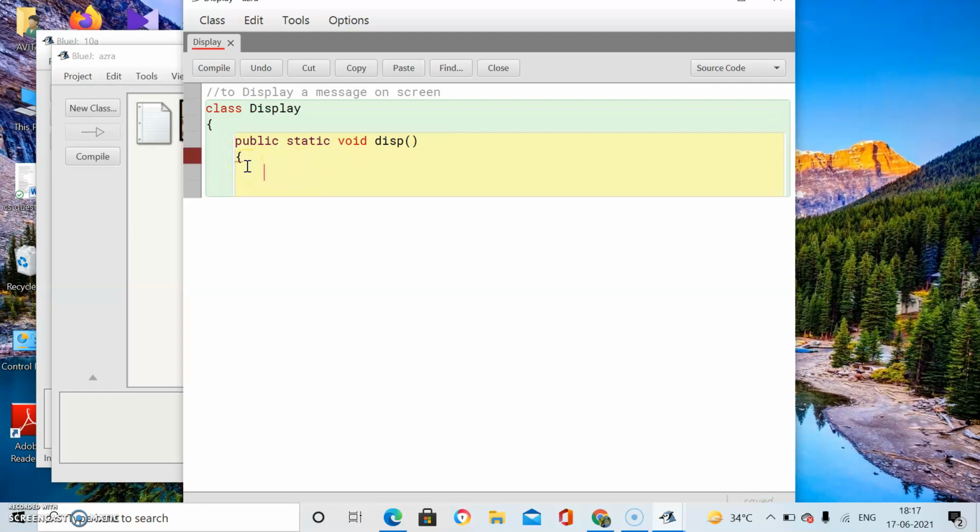Now write down whatever you have to do within this function. What you have to do? You have to print a simple message on the screen, and the message is this is my first Java program. And anything you have to print on the screen, you will write that message within the SOPLN statement. The full form is system.out.println. So write down the statement system.out.println.